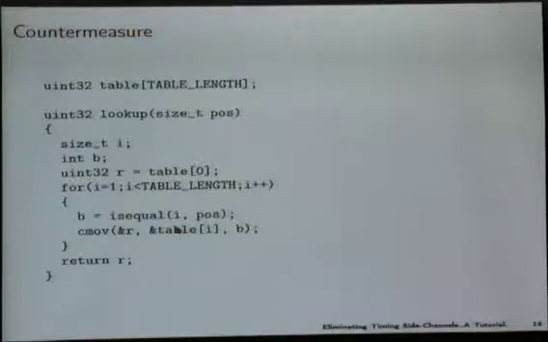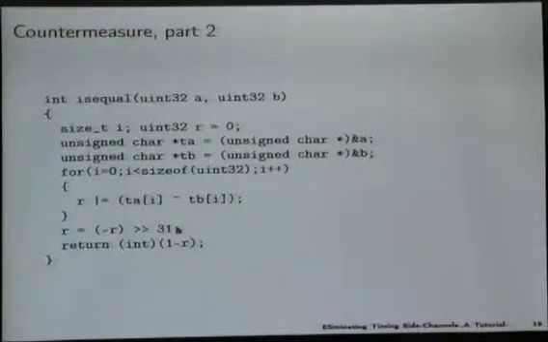So what we want here is something called is_equal, which gives you the same result, but does that in constant time. And here's an example of what is_equal looks like. If you think of a plain equal, you rewrite that in a constant time way. What I decided to do here is to make that slightly more general than using just uint32. This one is just comparing two uint32s, but the approach of this function works for any data type. So what we're doing here is we're iterating over all the bytes of the data type,